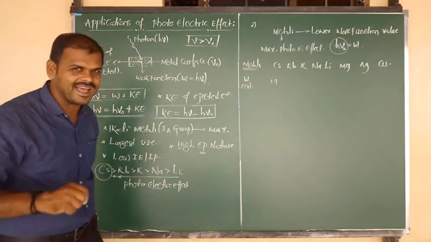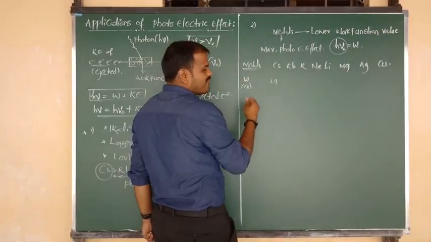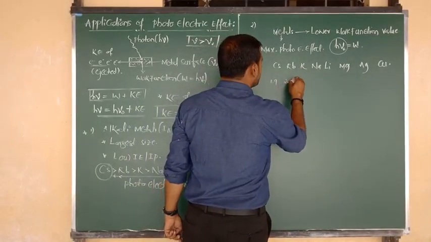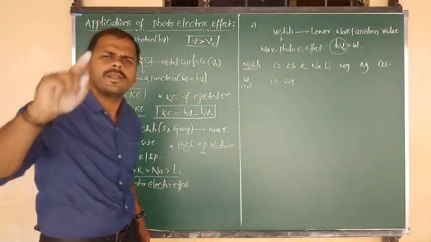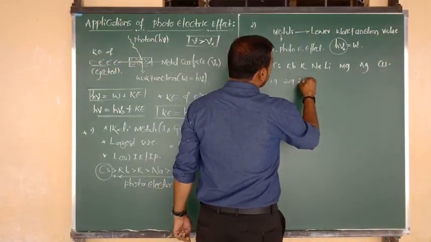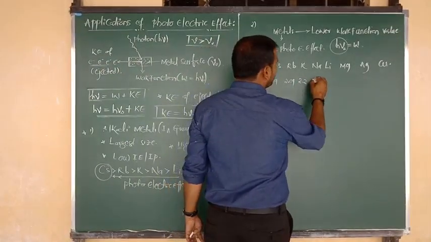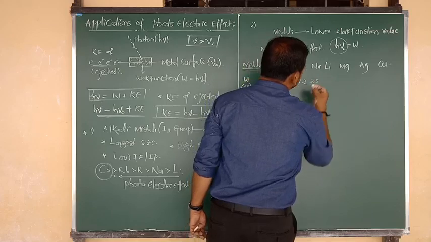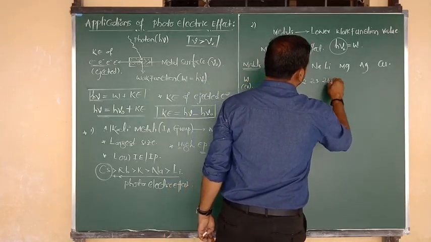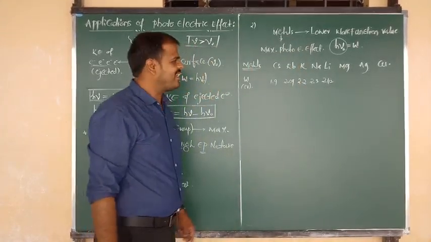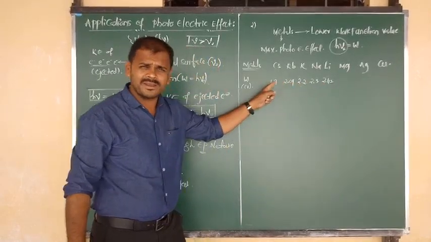for the removal of the electron. Now again, from rubidium, the energy required to remove the electron, or work function, is 2.1, or we can say 2.09 electron volt. Simply you can write 2.1. From potassium we can write 2.2 electron volt, from sodium 2.3 electron volt, and from lithium 2.42 electron volt. Now you can see the order: 2.42, 2.3, 2.2, nearby 2.1, nearby 1.9.